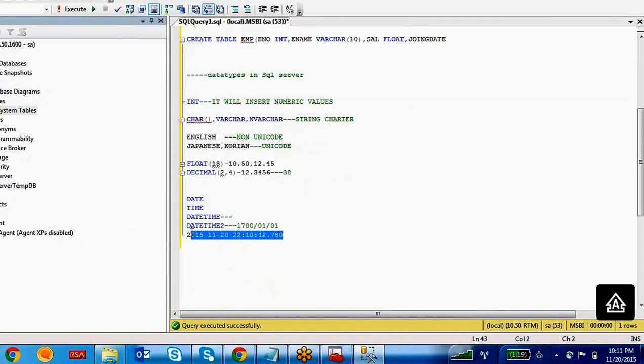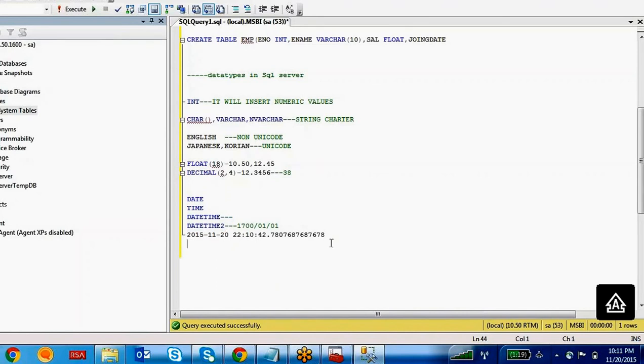If you are using datetime, it allows up to three digits only for milliseconds. If you are using datetime2, it allows more than three, up to nanoseconds also. That is the difference between datetime and datetime2.